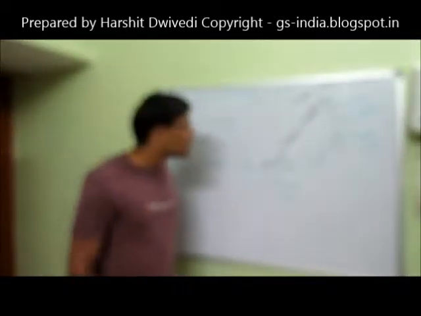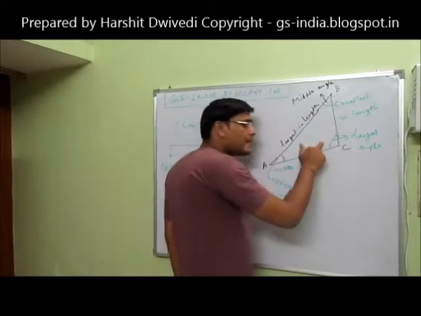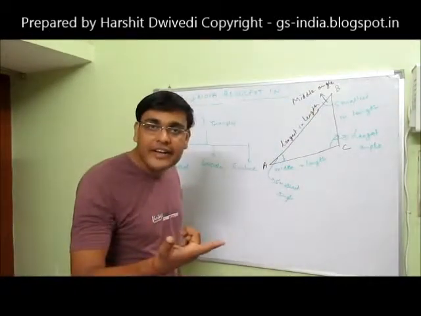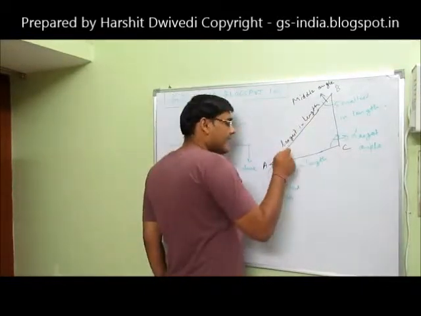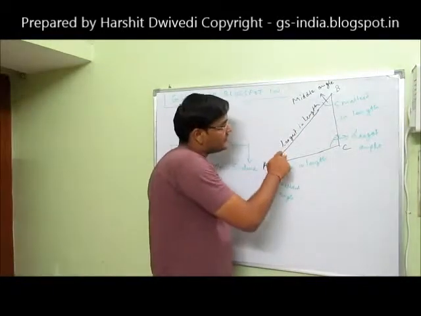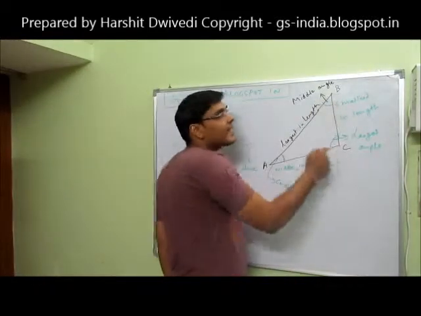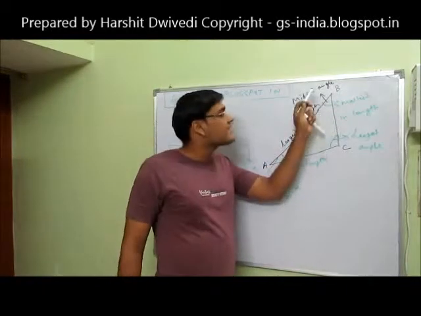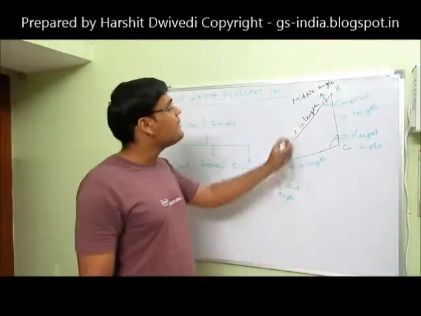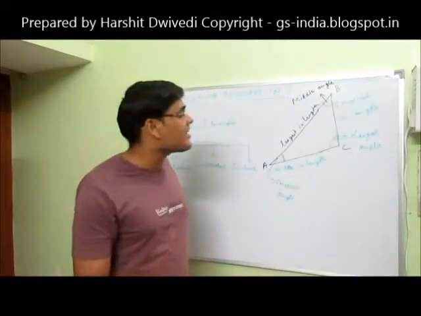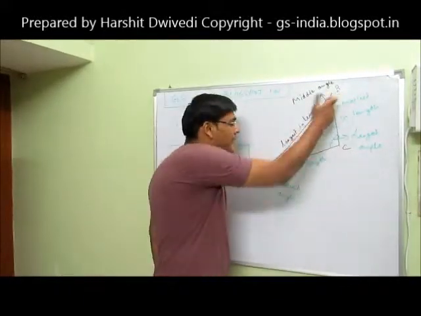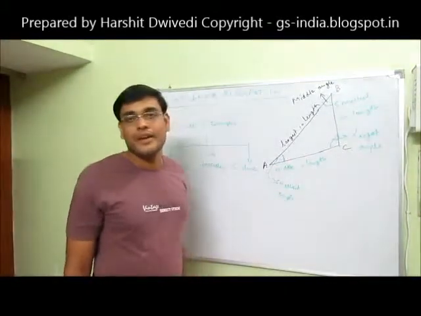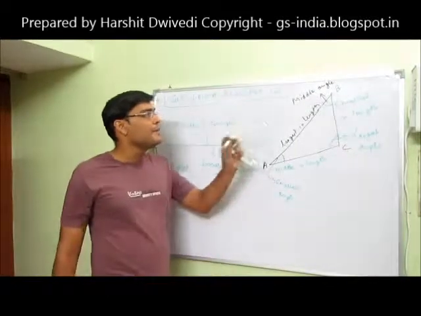The converse is also true: in this triangle, angle C is the biggest angle, so the line opposite to angle C, that is line AB, will also be the biggest line of the triangle. Similarly, angle A is the smallest angle, so the line opposite to angle A, that is BC, will be the smallest in length. Angle B is the middle angle, the second largest angle of the triangle, so the line opposite to angle B, that is line AC, will be the second largest line, the middle in length.